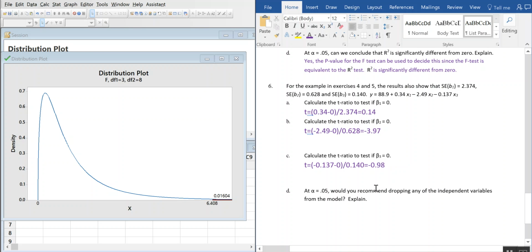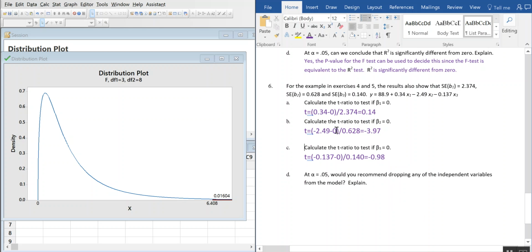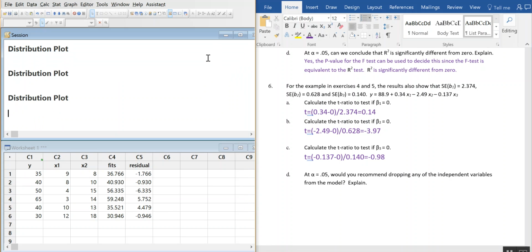Oh, so I am willing to bet, not that this is all scientific, that B is going to be our only problem child. So we want to ask at this point, is there any of these that you would drop from the model? So what I need to do is test these. I need to come up with the probability for each of these t ratios. So I am going to need to do a new probability distribution plot using t and the degrees of freedom